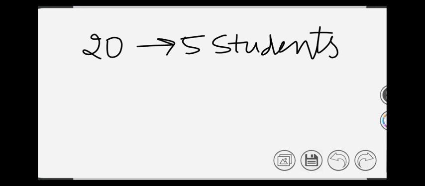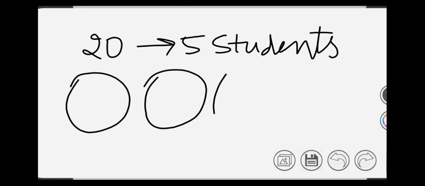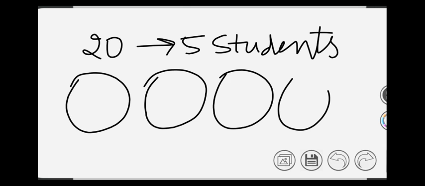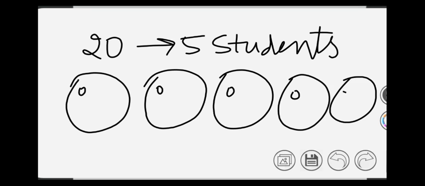So here also there are 20 chocolates and I need to divide them among 5 students. So let's see how we can divide. To represent it in the form of a diagram, I will make 5 circles representing 5 different students. Just like this. These represent 5 students, and now by 1-to-1 correspondence I will distribute all 20 chocolates, but I will go one by one. I can make any symbol. So suppose this is 1, 2, 3, 4, 5.